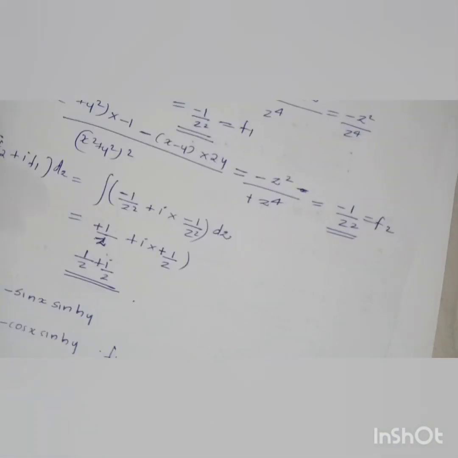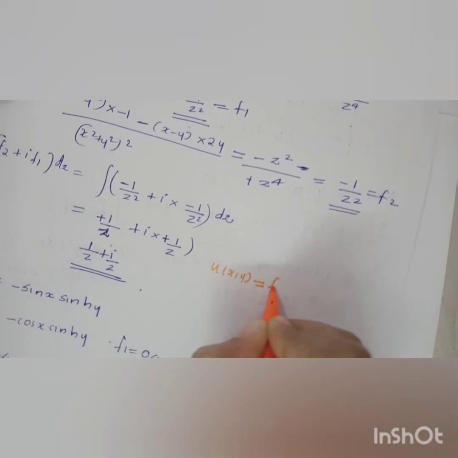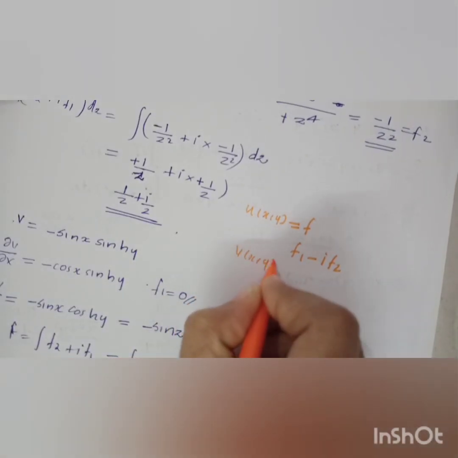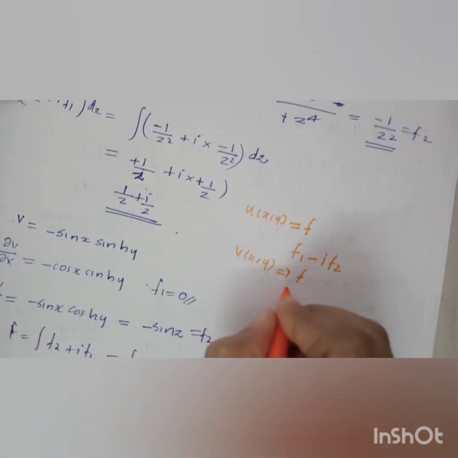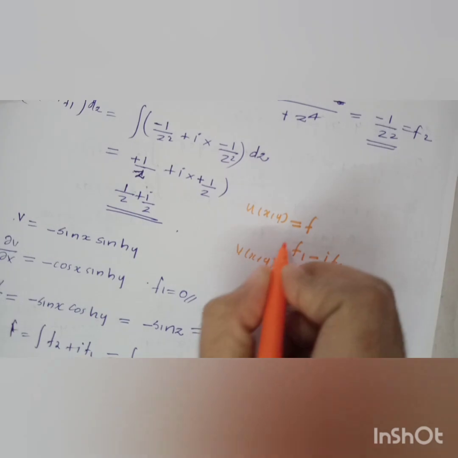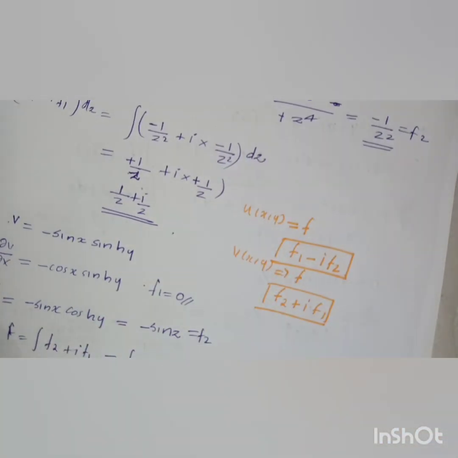So here we have to remember two equations. That is, when it is given with the u of x comma y, to find the function, that is f1 minus i f2. And if it is v of x comma y that is given, and we have to find a function, that is f2 plus i f1. So you should remember these things, and you have to know what is f1 and f2 and what are the conditions, like put x equal to z and y is equal to 0. Like that you have to remember. Okay,